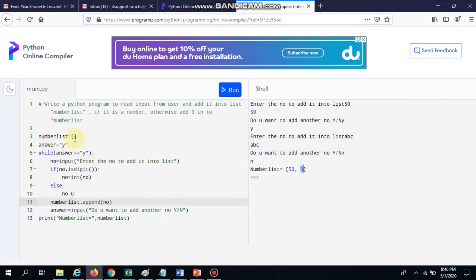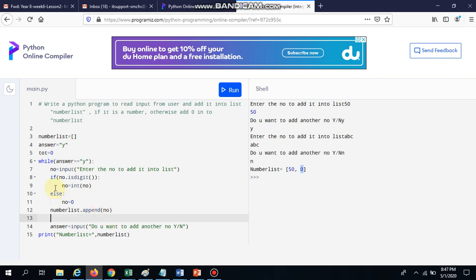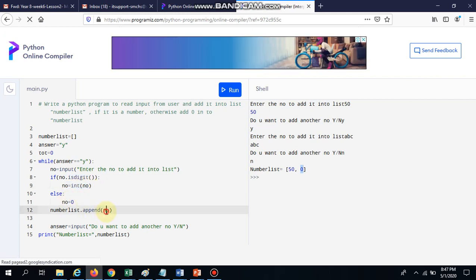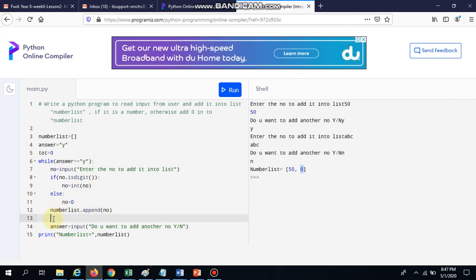total also. For that we all know, if we have one initial variable total, initially 0, whenever we get the number as the digit, 0 to 9 combination, we convert into integer. The same number will be added. If the number is a string, it comes to else block, 0, then 0 will be added into number list. After that the total will be added with my number. Then at last here I have to print the total equal to tot. That's it.